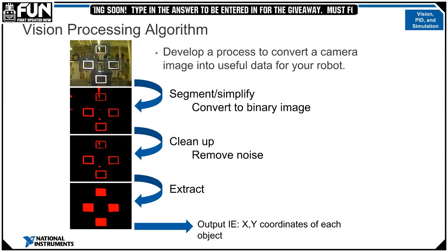So we're going to go ahead and do a demo of this. Tyler, I think that screen is up. If you want to switch over to that,